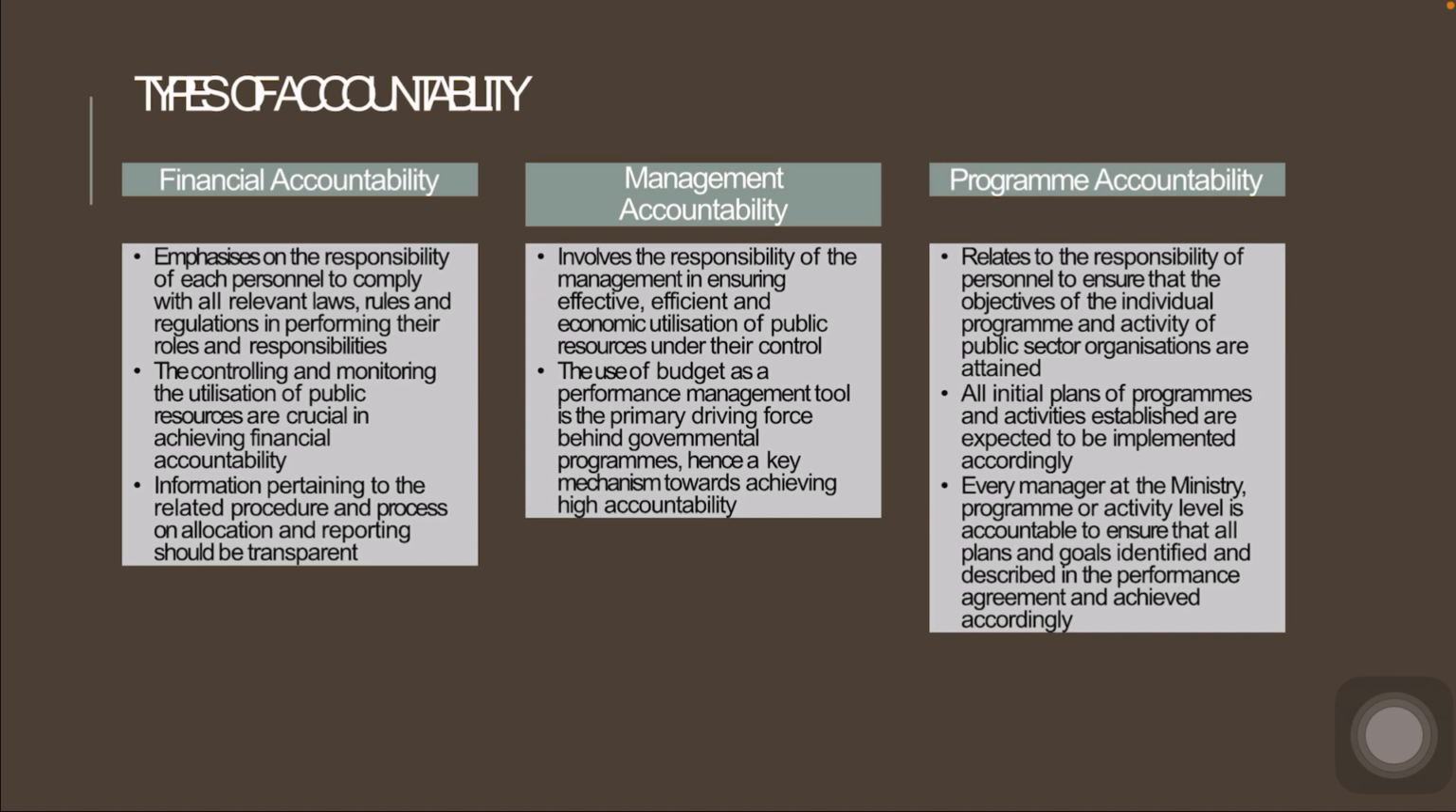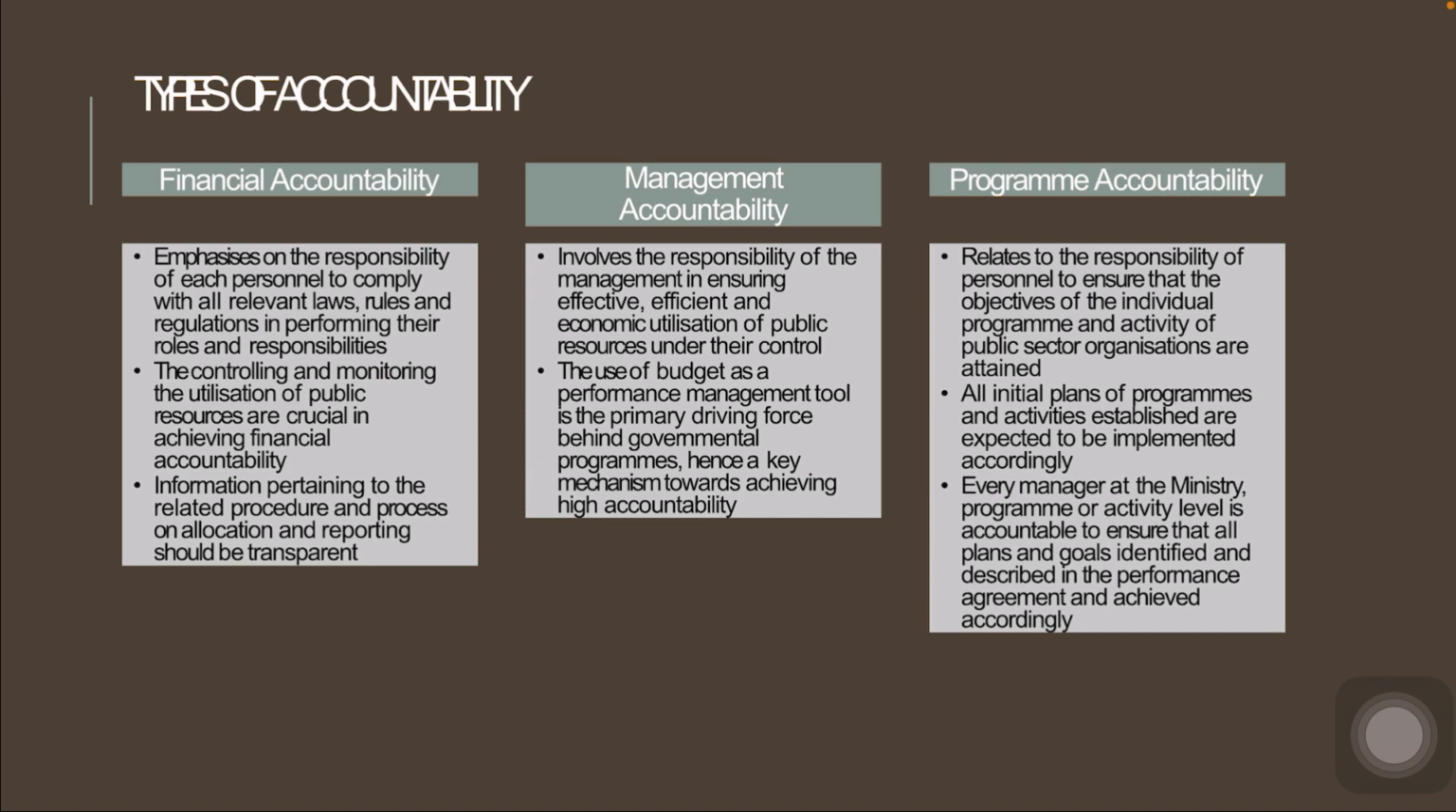Nombor 2 iaitu kebertanggungjawaban dari segi pengurusan, and last but not least, kebertanggungjawaban dari aspek program. So dia ada 3 types of accountability. So basically financial accountability ni pasal apa? It emphasizes the responsibility of each personnel. Personnel ni refer kepada public servant to comply with all the relevant laws, rules and also regulations in performing their roles and responsibility. Contohnya macam kita ada dalam Federal Constitution ada tulis tentang apakah kuasa Auditor General, apakah bidang kuasa